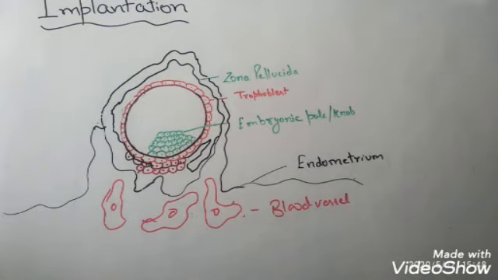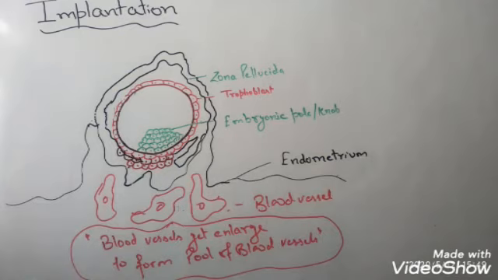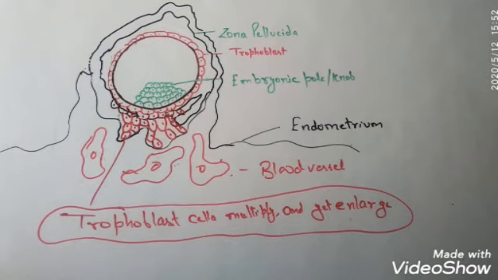With the increase in size, the flow of blood will also increase. As shown in the figure, the blood vessels that get enlarged also fuse, resulting in the formation of a pool of blood. The trophoblast layer on behalf of the blastocyst also multiplies and enlarges. So you can say, on the one hand, the blood vessels of the endometrium lining of the uterus are proliferating and increasing, while on behalf of the blastocyst, the trophoblast layer also multiplies and keeps on penetrating.